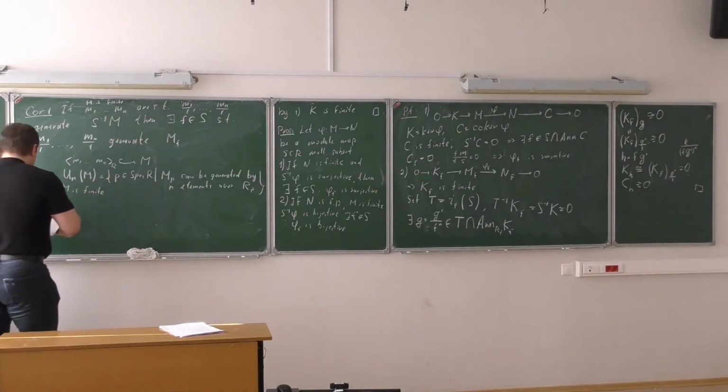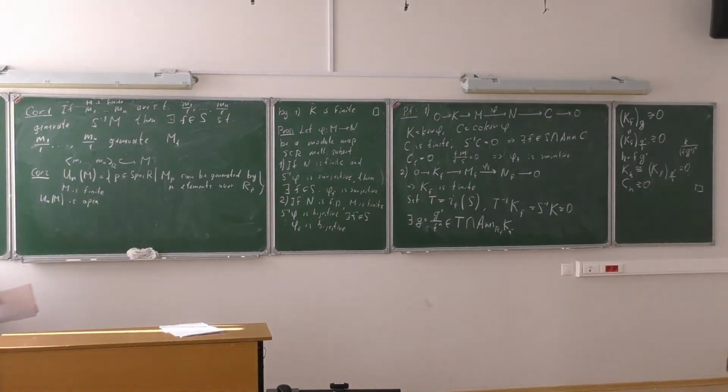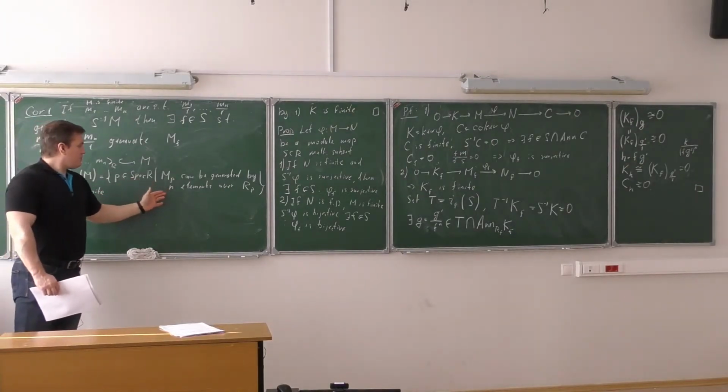So the claim is that this set is open. Of course it might be 0. It is possible that, for example, take n to be equal to 1, and none of such modules is generated by one element, so it's just not enough generators, but at least we can claim that always this set is open. So this is the openness of the locus where the module is generated by n elements.